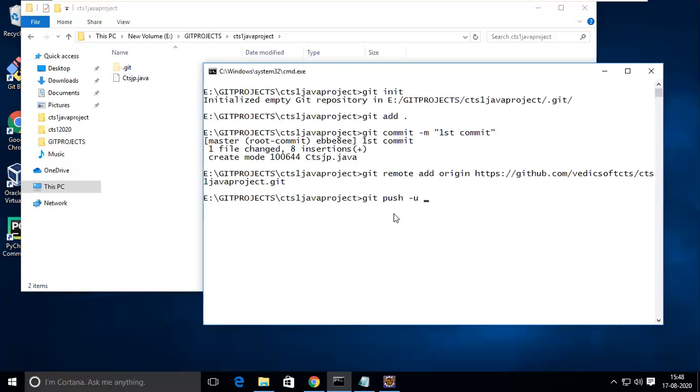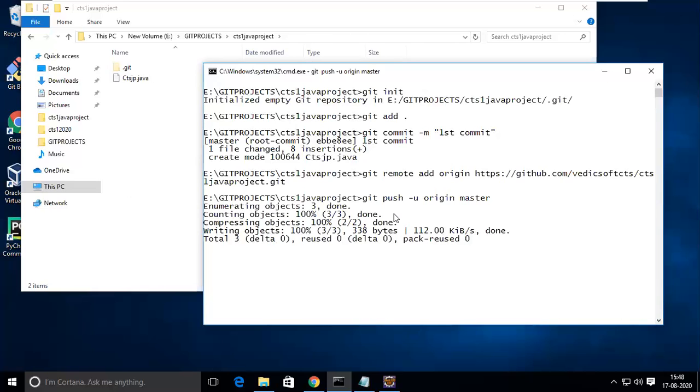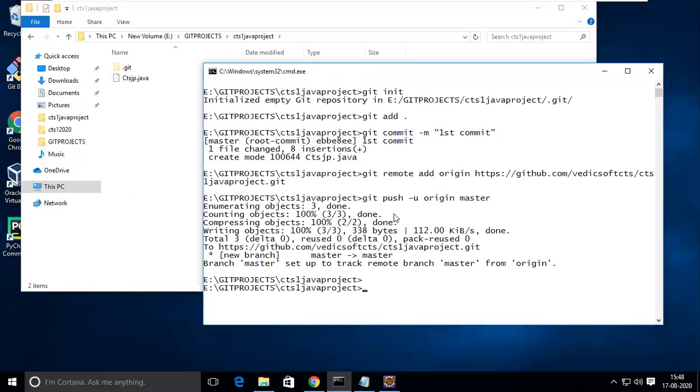U means the user I'm using internally, like Latif Sansar I'm using as my user. So push into origin master. Now my configuration files is going to be origin master.